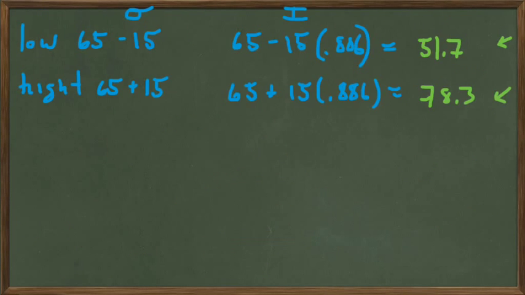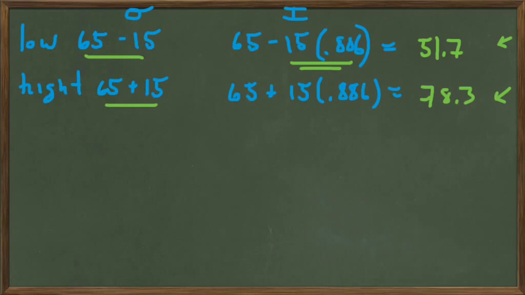The low outside was 50 degrees and the high outside was 80 degrees, but with the scaling factor of 0.886, we only drop 15 degrees times 0.886,